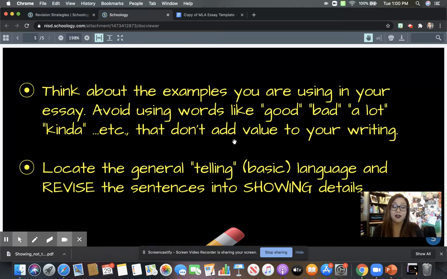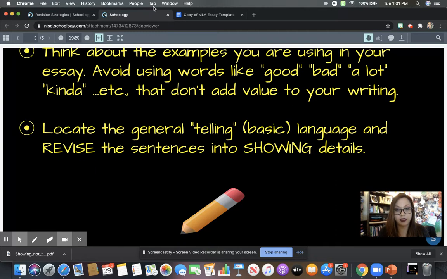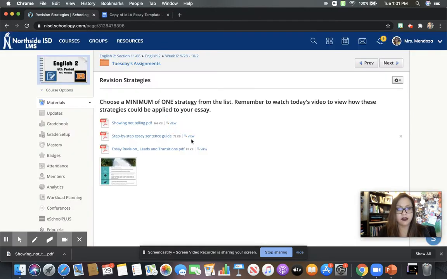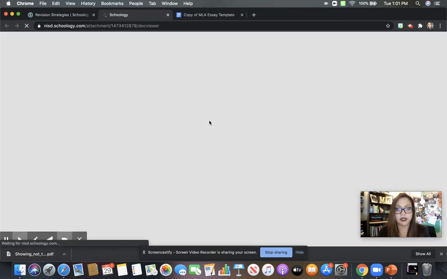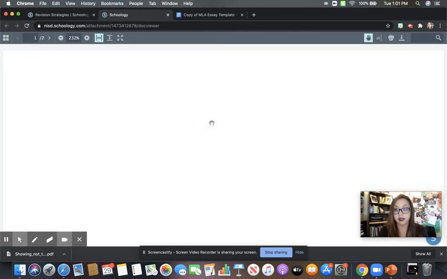Avoid using words like good or bad, right? Good to you might be, I don't know, a scoop of ice cream, but good to me is like 5 scoops of ice cream. So you got to make sure it's specific. Don't use words like a lot. Specify, right? What does kinda mean? Kinda is not even a word. It's kind of, but then that's not even really a full description. So be mindful of your basic language. Think about showing details. And then this is the step-by-step sentence guide, which is super helpful, and it's color-coded